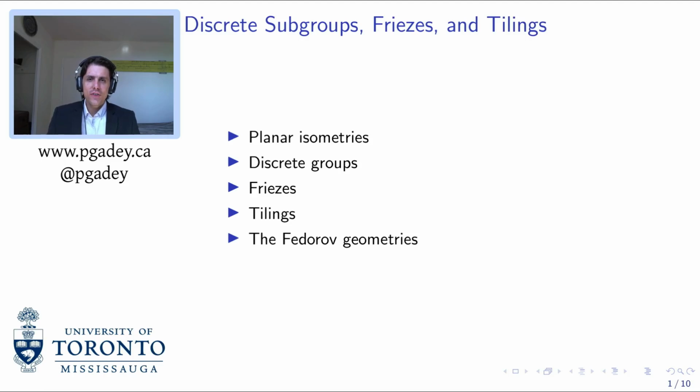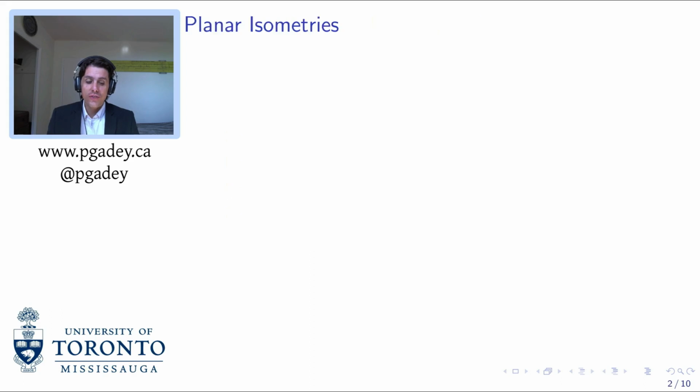Hi there. In this video we're going to talk about discrete subgroups, Friezes, and Tilings. So we're going to start off with planar isometries, then get into the notion of discrete groups, Friezes, Tilings, and we'll finish off with the Fedorov geometries. Let's get started. So planar isometries are maps of the plane to itself that preserve the Euclidean distance on the